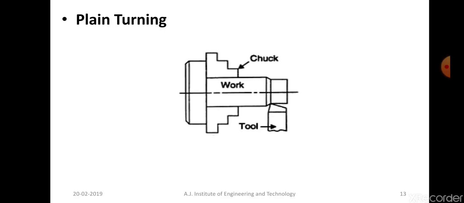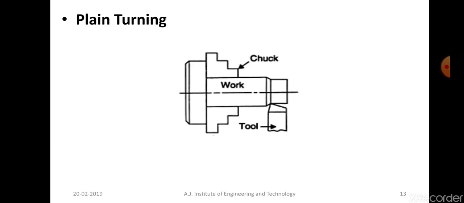As you have seen in the animation, the workpiece will be fitted within the chuck and supported by the tailstock on the other side. It will have some irregular dimensions, irregular diameter, or a larger diameter. If you want to reduce the diameter to a specified value, then we perform an operation called the turning operation.